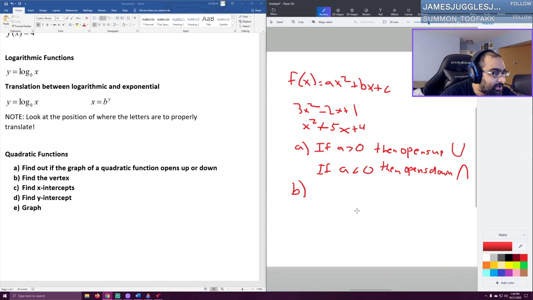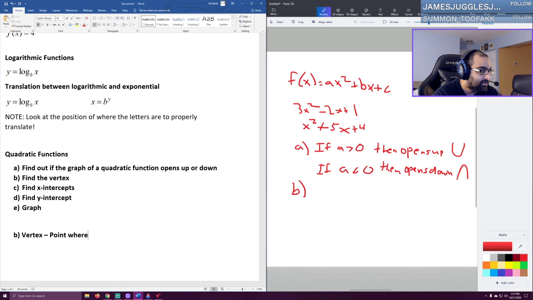Okay, so that is how we can determine whether the graph opens up or opens down. Okay, let's talk about the vertex here. First and foremost, let me go ahead and expand upon what the vertex means, and then we'll keep looking here. So the vertex is the point where the graph